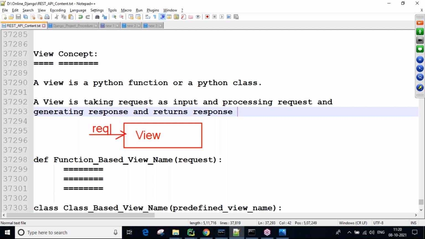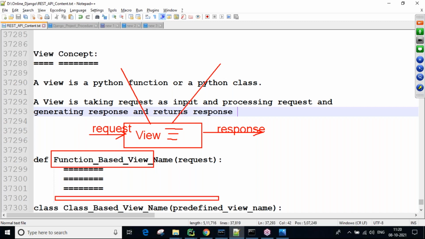Based on the request, some process goes on, and finally we get the response. The view takes the request, processes that request, generates the response, and that response is returned back to the browser or somewhere. That is the view. Views are divided into two types: type 1 is function based views, and type 2 is class based views.